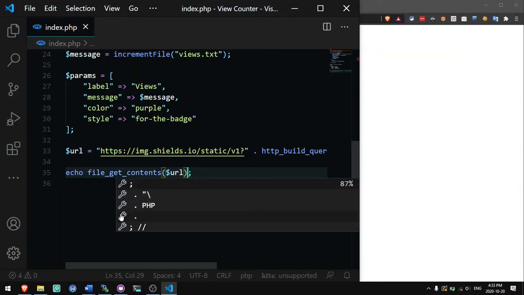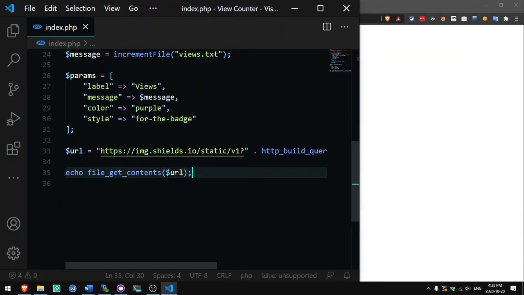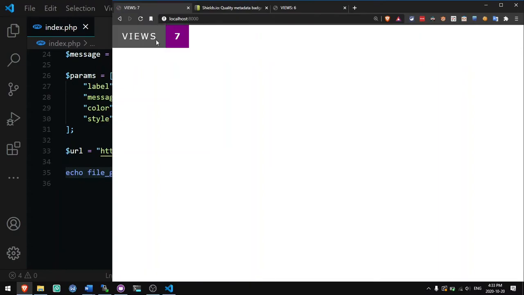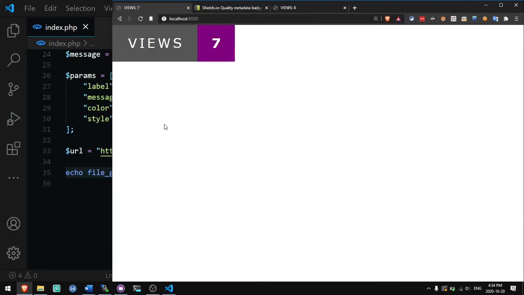this will get the response from the page and output it as the response from this page. So if we refresh this, you'll see we get the badge. It says views 7. I have the zoom up here, so that's why it appears larger, but this is what it would look like, and I'm just going to zoom in so we can see it better. Every time we reload this page, it will increment the number. So it's 8. If we refresh it, it will be 9,